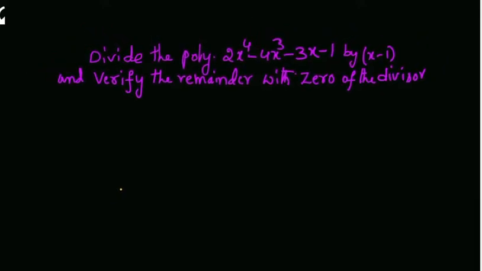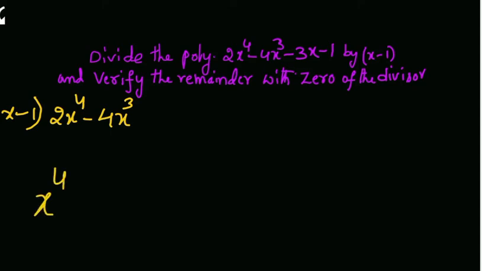We have to follow some steps. So first, x minus 1 is the divisor. Here we have to write it, and the dividend is 2x power 4 minus 4x cube. If you observe, we have to follow an order. While writing the polynomial, be it divisor or dividend, it should be in decreasing order of the powers. For example, here it is x power 4, then the x cube term, next the x square term, then the x term, then the constant, like that.